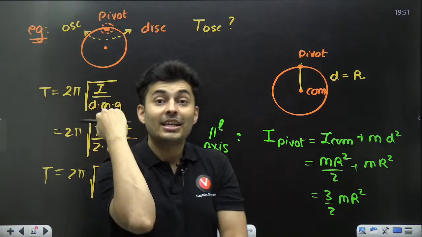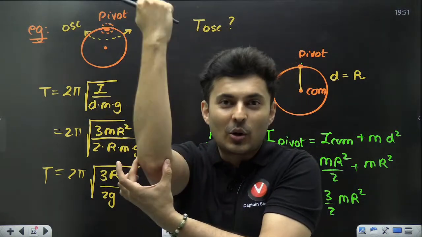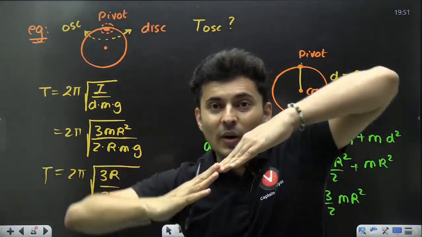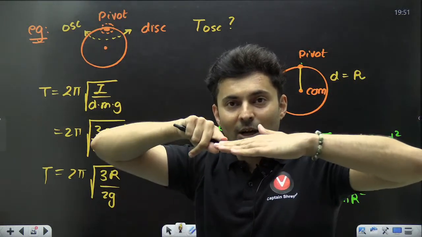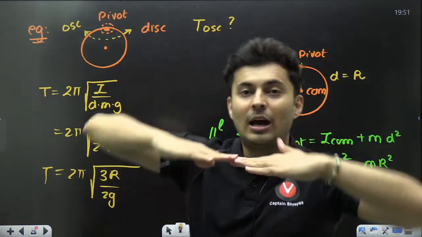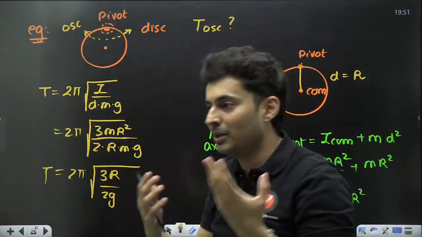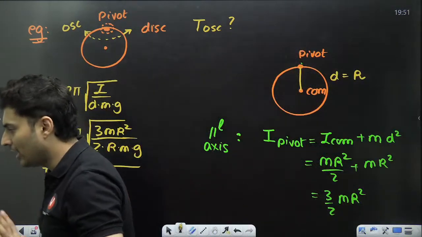Susanta, hinge. A rod is hinged. A rod is pivoted. A seesaw is pivoted at the center. Pivoted means it is hinged over there. There is a joint over there. It allows the thing to rotate. That is the meaning of pivot. Okay, I hope this is clear.